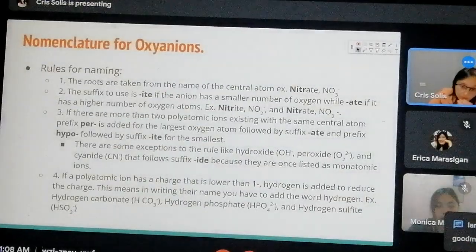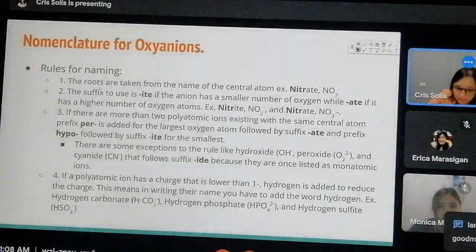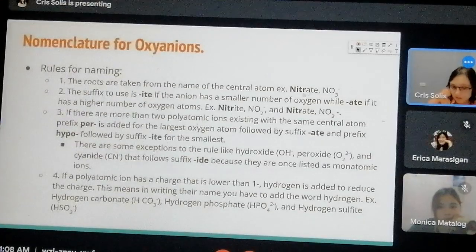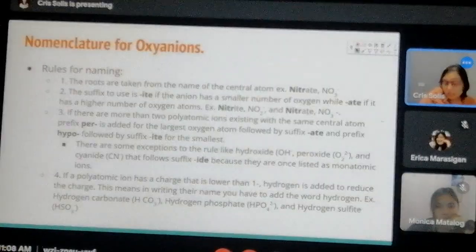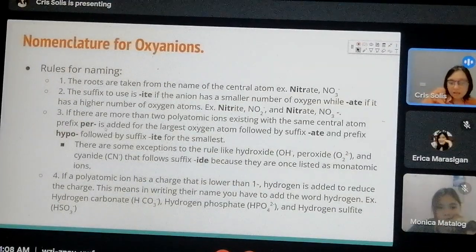So you have, get the root word. Example natin, here, nitrate. The root word is nitr. And then we added ATE. We use the suffix ITE for small number of oxygen, ATE for high number of oxygen, kaya nitrite and nitrate. Then, if it has 4